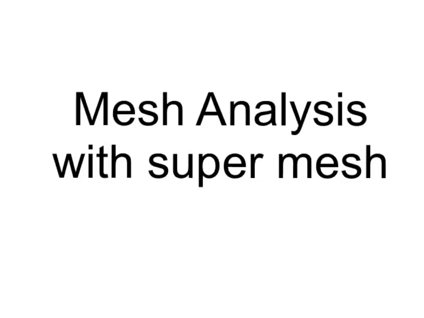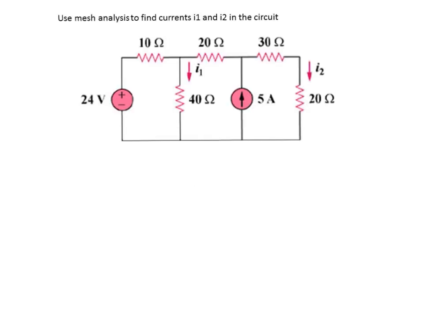Now let's talk about mesh analysis applied to the circuit with the super mesh. The question is to use mesh analysis to find currents I1 and I2 in the given circuit. And of course, the first step is to assign the mesh currents. We can see that there are 3 meshes, so we'll make the mesh currents I1 for the first mesh, I2